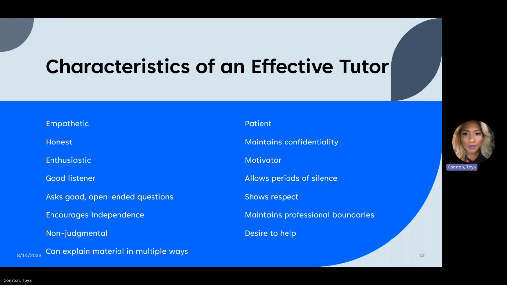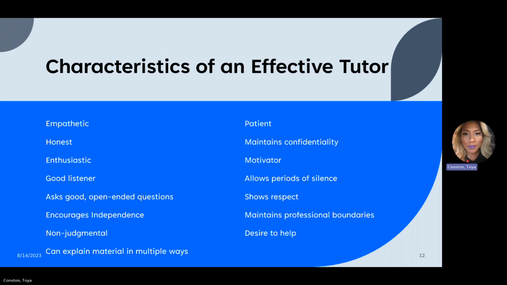And so that may take some more communication, that may take understanding what motivates your student, that may take understanding the ways in which your student learns best. But as best practices for a tutor, you need to be able to apply different methods to instruction. Other characteristics include being patient, maintaining confidentiality, being a motivator,